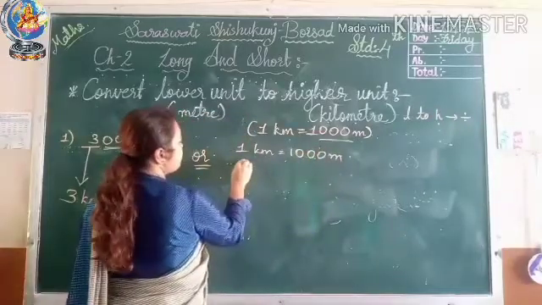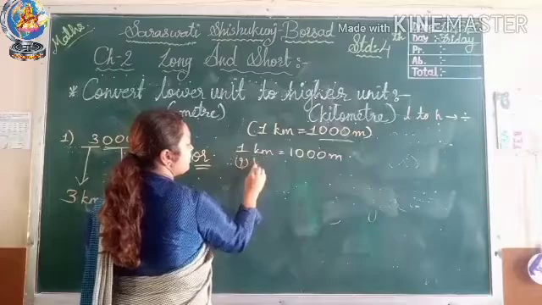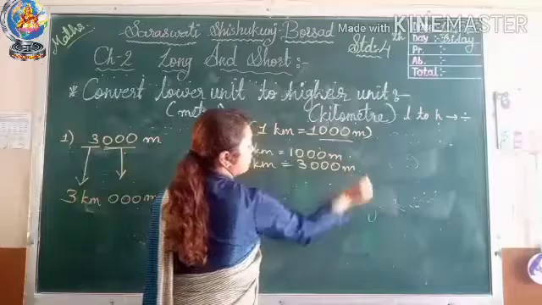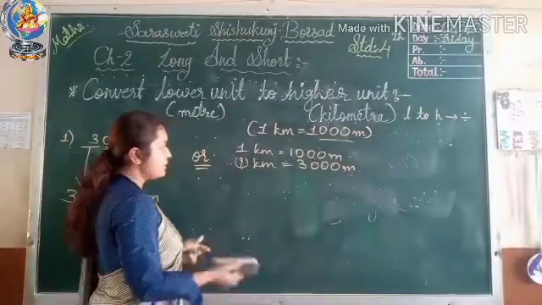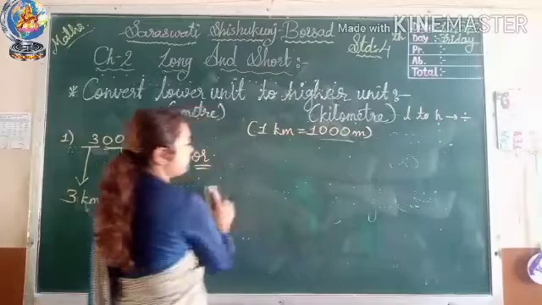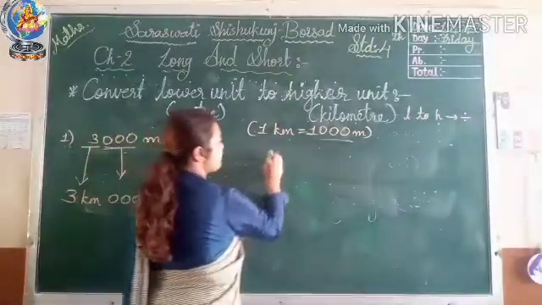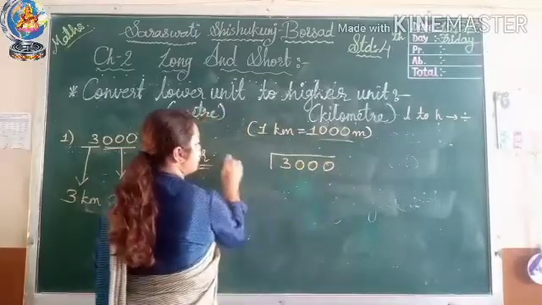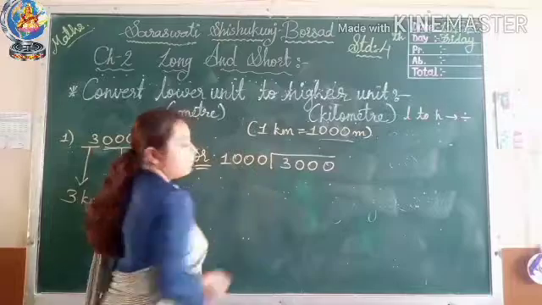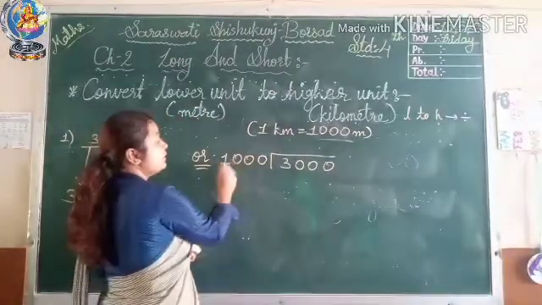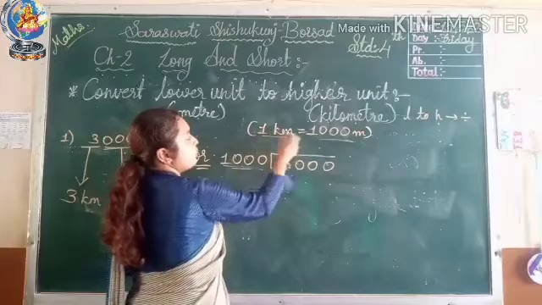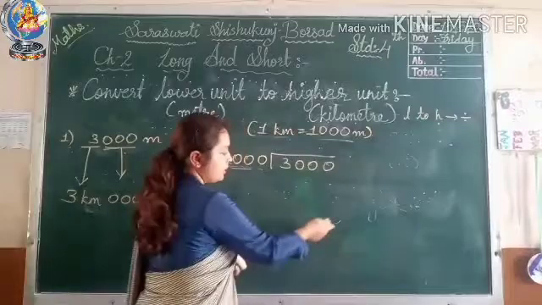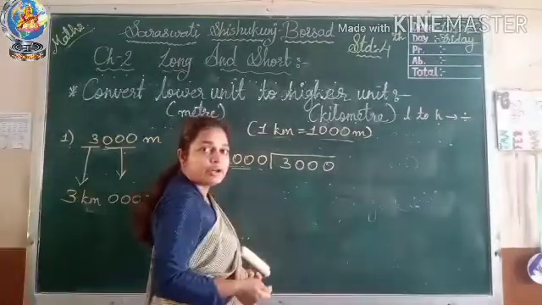We know that. So how many kilometer for 3000? Then we have to do the divisions. This step is not very important, okay. So let's do the divisions directly: 3000 will be divided by 1000. Yes, we have to convert this thousands into meter. Whichever answer we get in our quotient, that is your kilometer, and the answer which you get in the remainder is your meter.